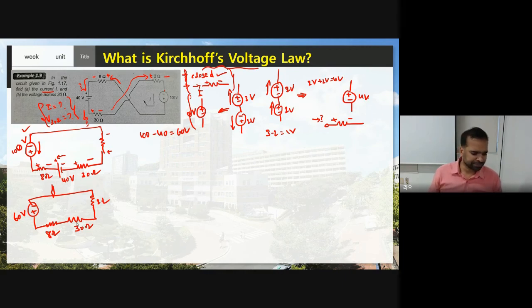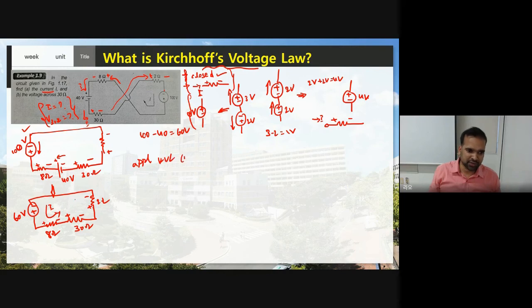Of course I can apply KVL here, right? So in order to apply KVL, first thing what I need to do, I need to consider the current direction. Of course I can consider in the clockwise direction or anti-clockwise direction. For example, here I have considered my current I is flowing in this way. So as current I is flowing like this is my positive potential and negative potential, and here this is my positive potential, negative potential. Here this is also plus and minus. Now can I apply KVL? Of course I can apply KVL, because it is a closed circuit and at the same time it has some branches. Okay, clear.